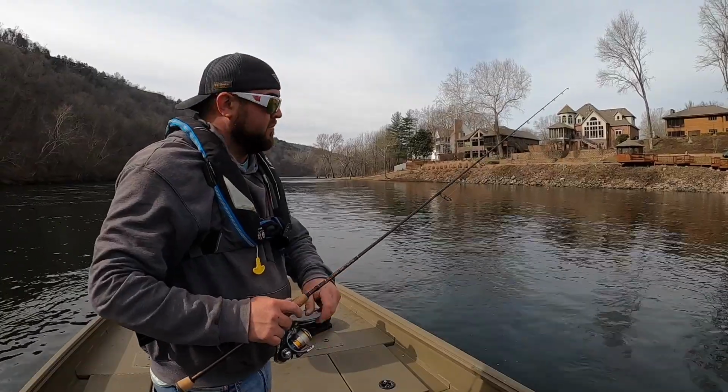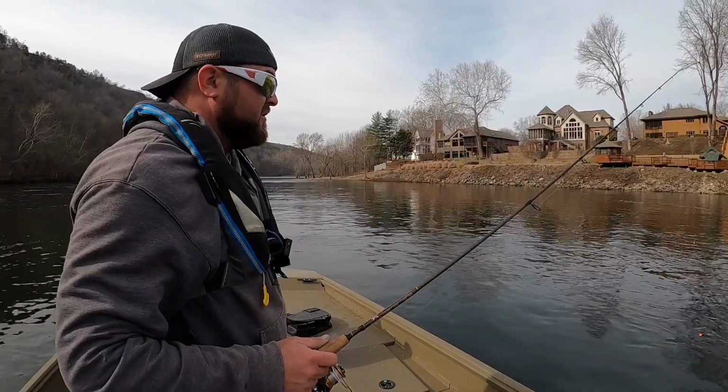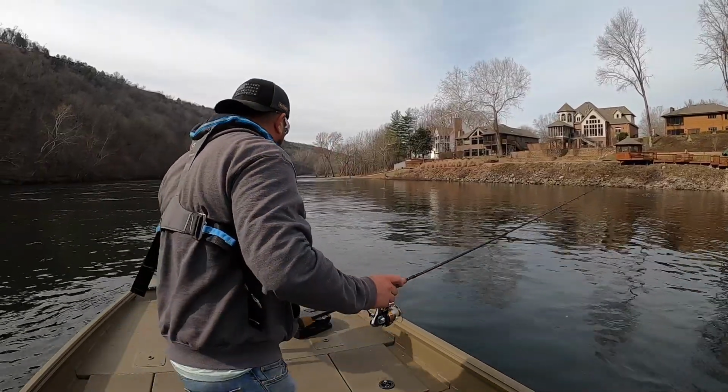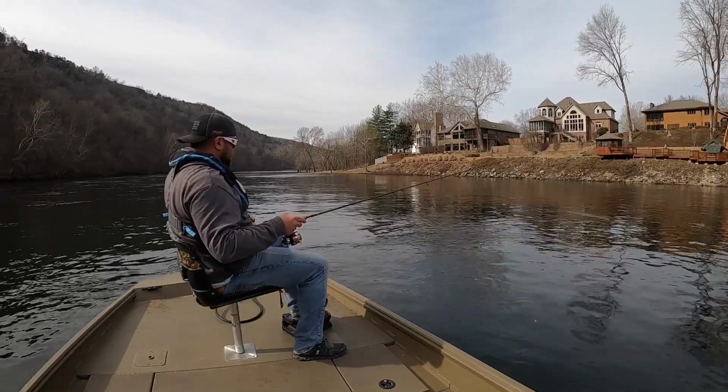Yesterday we had bright blue bird skies. Today it is mostly cloudy. That's probably going to make a difference for the bite, whether I had a jerkbait or these flies. But same stretch. It's about the same time of the day. It might be 30 minutes earlier or so today than I got out yesterday, but